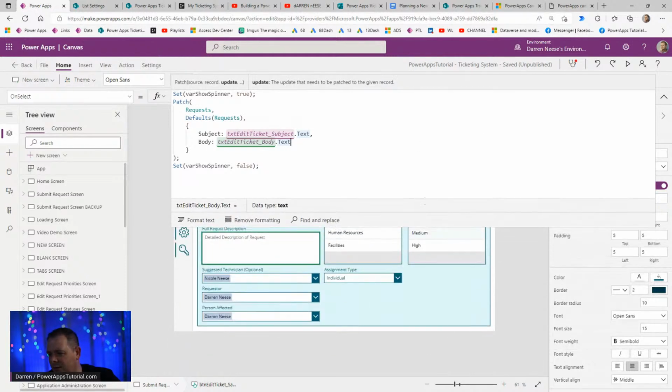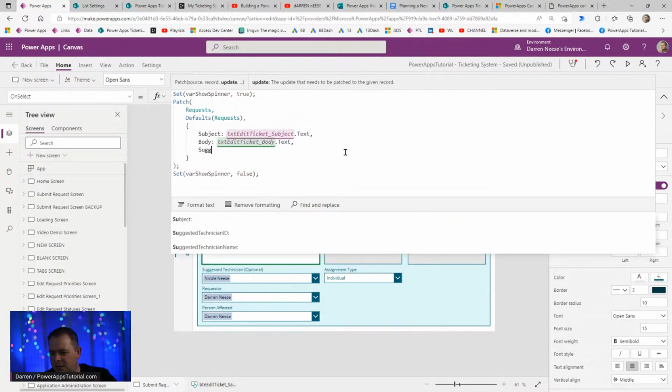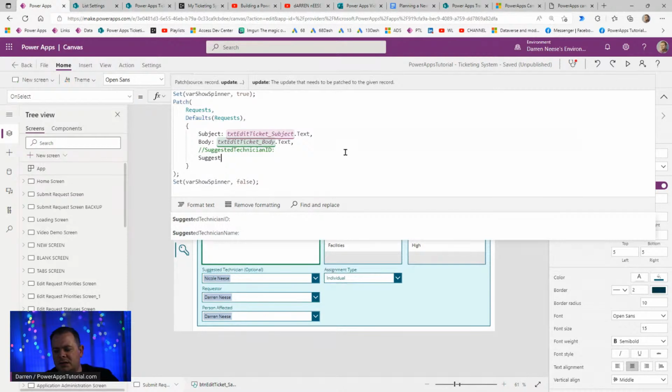I'm going to bring this up a little bit so I can see what we're doing here. Okay, so the next thing I know is a combo box, and it is suggested technician ID. Okay. Now, what are we going to do here? Because they're not currently in the users table just yet, right? I think I'm going to hold off on that for now. But what I will do is I can grab the suggested technician name,